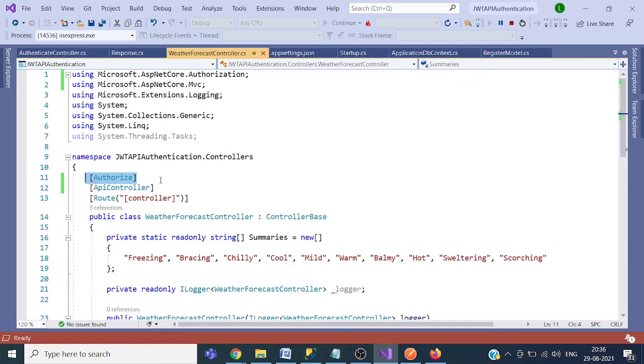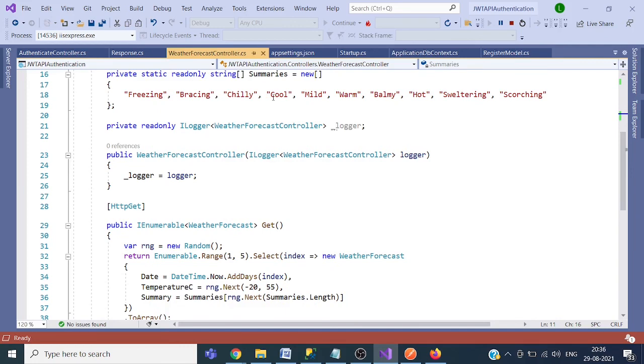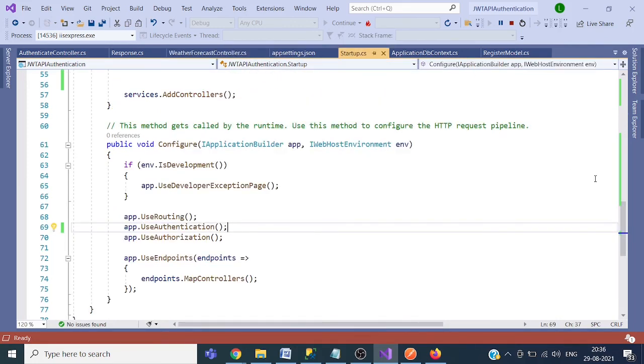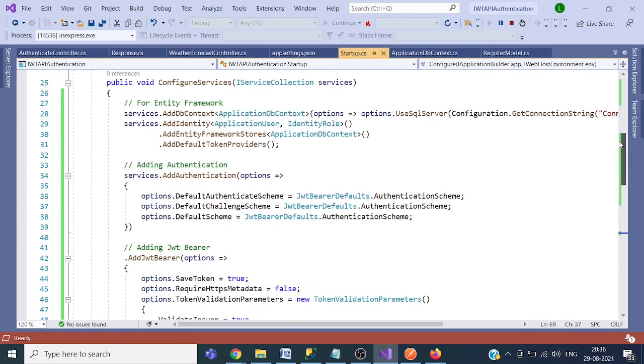If you want to secure it, use the authorize and then change the startup class methods to use the bearer token startup. Okay, so that's all for the security implementation in API.